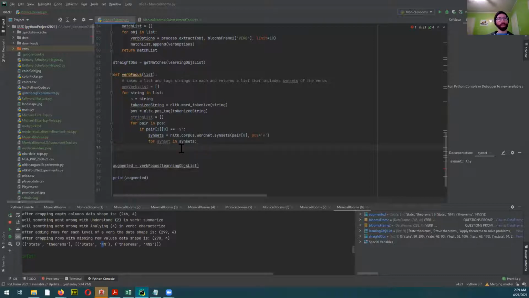So in that case, we don't want that because we already have that word. And if we add the same word to our string, it's not going to help us match better. So if the pair 0 word does not equal the synset name, and then we have to do this split thing on this dot because what it actually gives us is like,